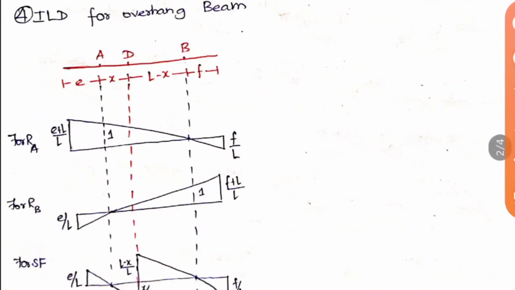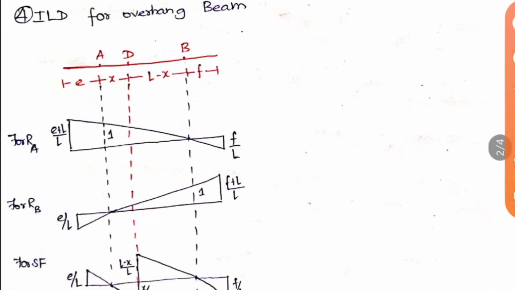Okay, so here this is 1 as per the previous law we have studied, and these two values alone are different for us. So it is nothing but F by L here, and there it is E plus L by L. This E plus L by L could also be derived using the similar triangle principle itself, because we have a triangle here, no? So it's a single triangle, so you can use that also here.